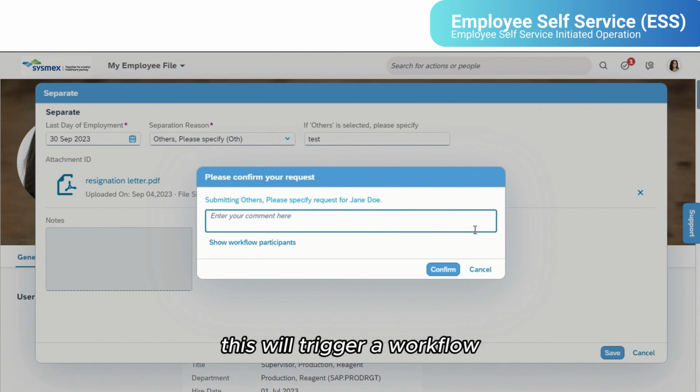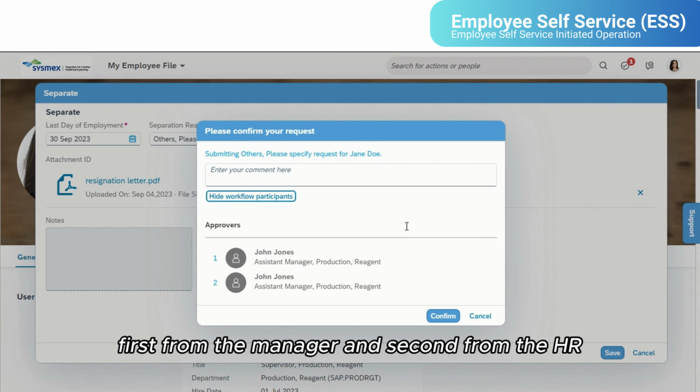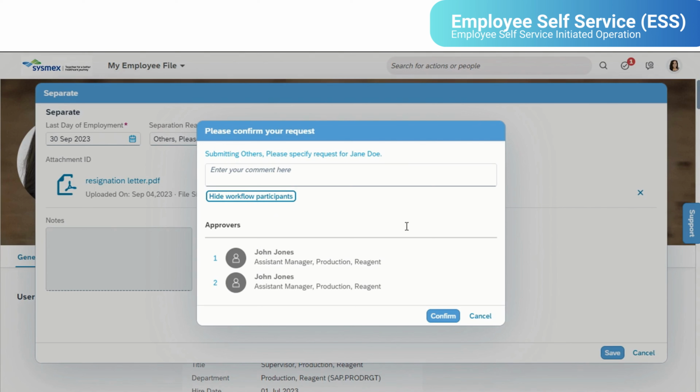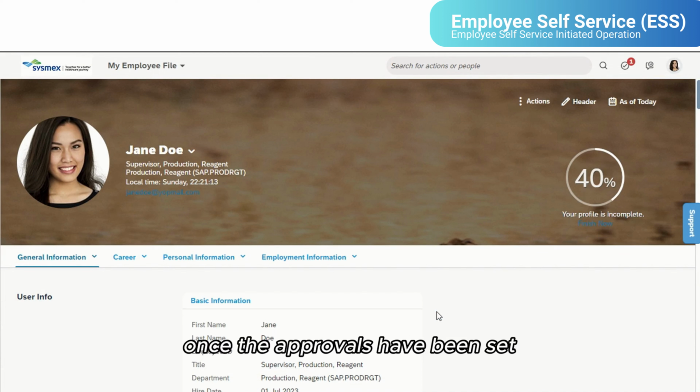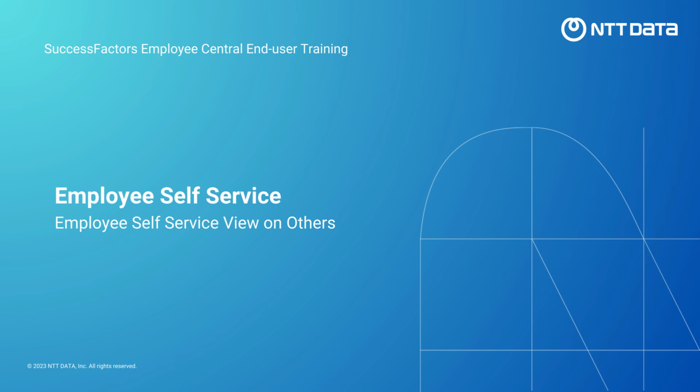This will trigger a workflow which requires a two-step approval. First from the manager and second from the HR. Click on Confirm to proceed. Once the approvals have been set and you have spoken with your manager and HR has approved,